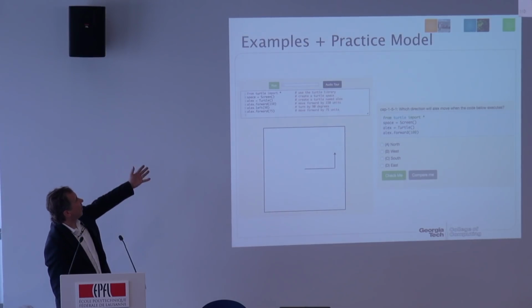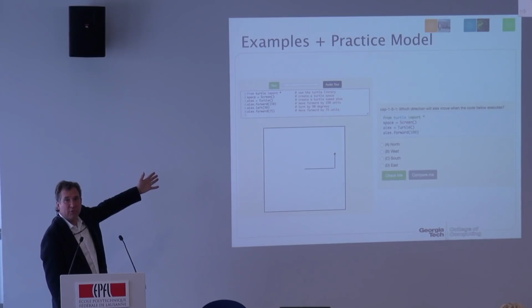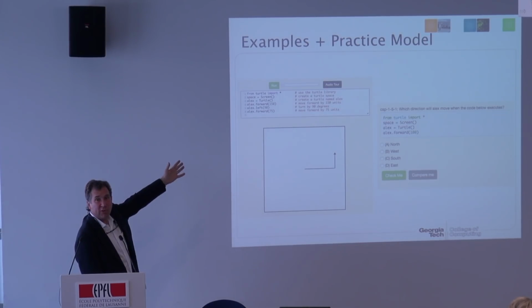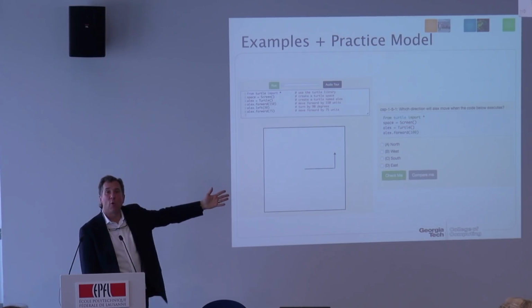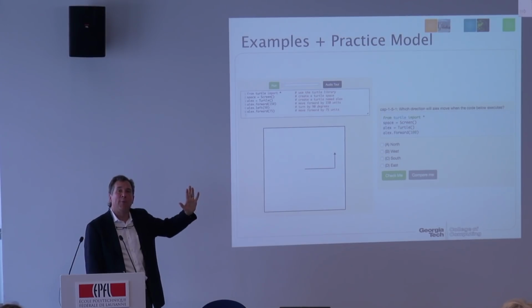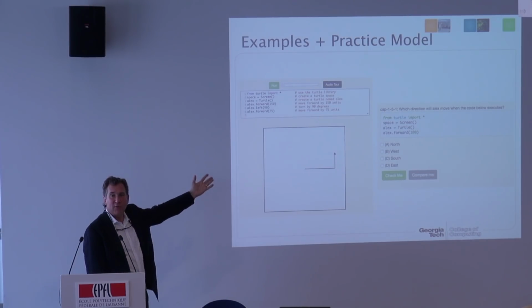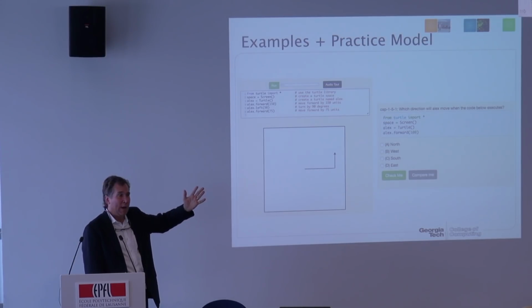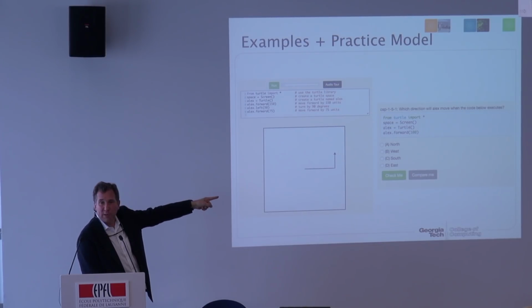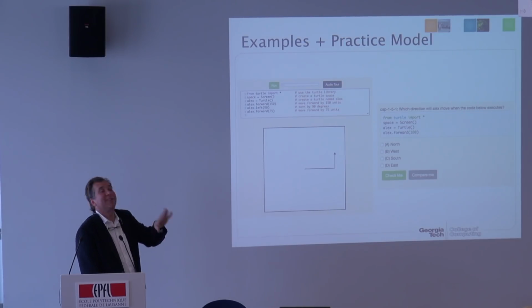So what we do is we give them a worked example. This is a piece of code that runs inside of our ebook. You literally can run the code. You can change it. It really works. And then after it, I'm going to ask you a question. This is an idea that comes from a paper by Trafton and Reiser that says the really optimal way is where you combine practice with examples. You give them an example and then one or two practice activities to make them actually look seriously at the example, not just glance over it. So if you did this, this one should be easy on the right. And if you didn't, go back to it. And actually, Barbara finds in her observation, this is exactly what people do.